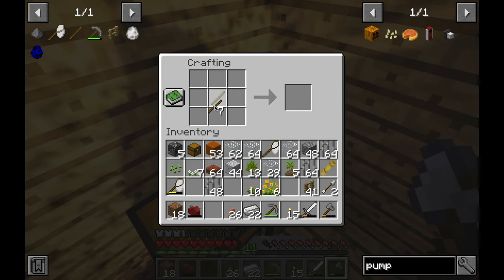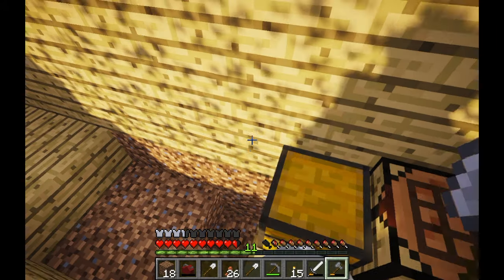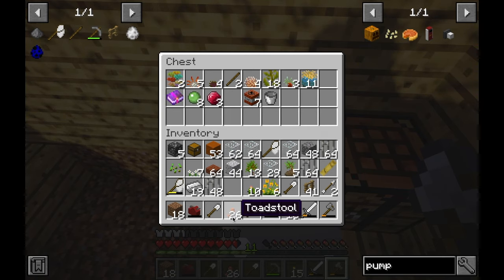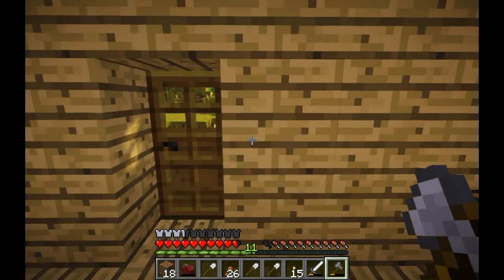Alright, so I'll make 3 shovels. Just like that. 3 iron shovels. And we should get the job done. Believe me, we're gonna need a lot of shovel power for this exhibit here. Alright, so